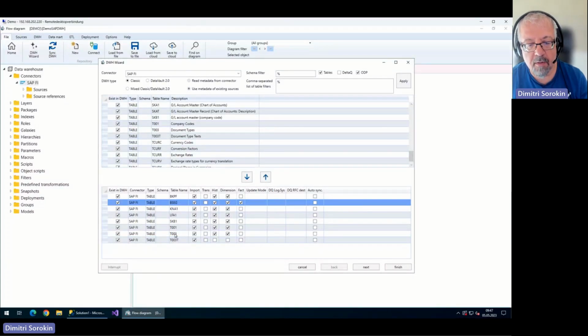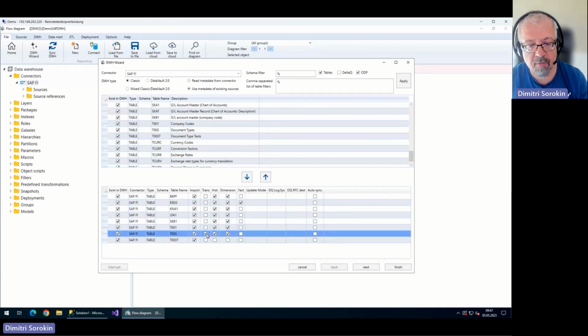Okay, and there is something special with the table T003. This is a document types. I will add the information about the document types description from the table T003T to the T003. To do that, I will create the transformation between the import and historization, and I will add according attribute into this transformation. Okay, I think,